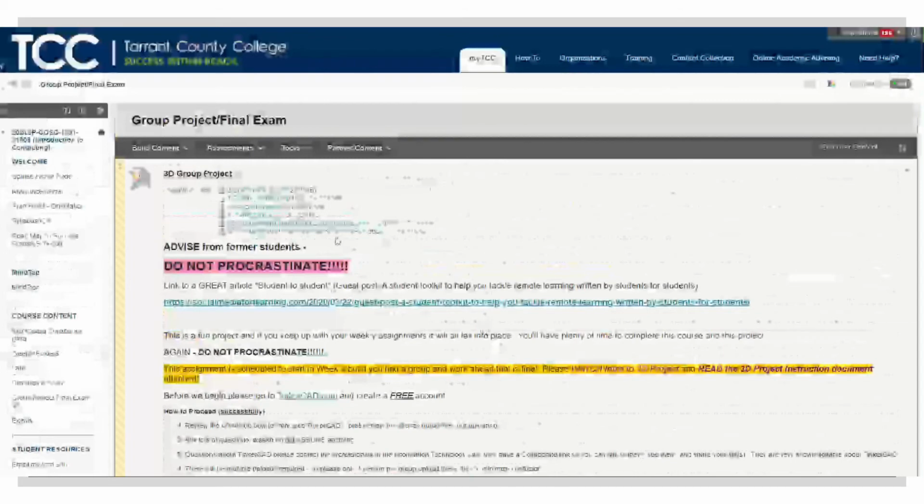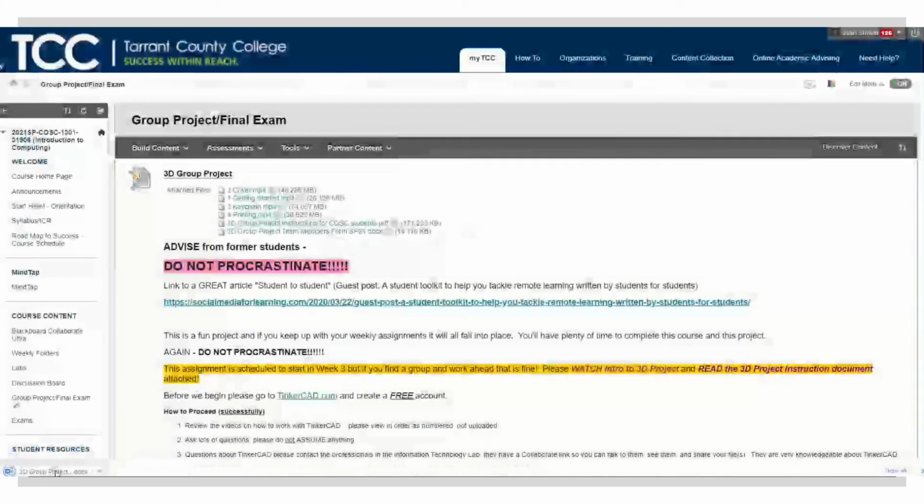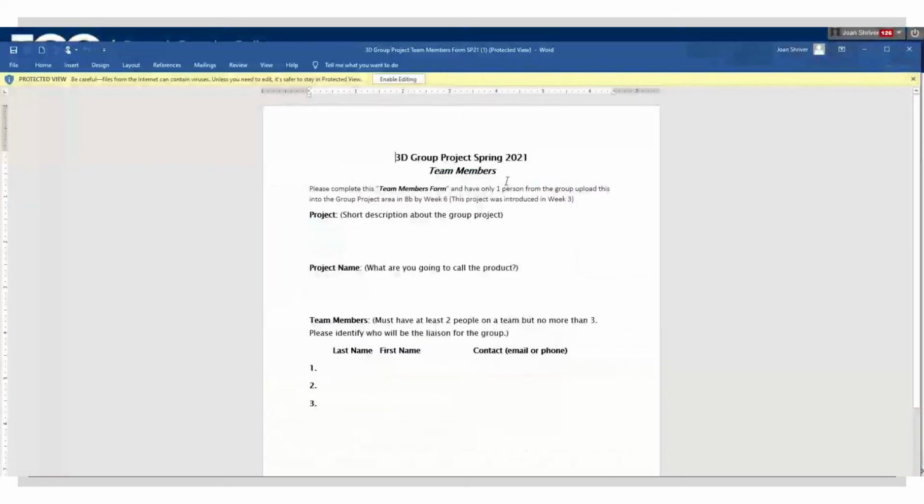So let's take a look at the team member form. This is due in week 6. So what you're going to do, this is an editable document, not edible. What you're going to do is you're going to fill it out, and that one person in your group who's going to be the liaison, they're not the boss, they're the liaison, is going to upload it